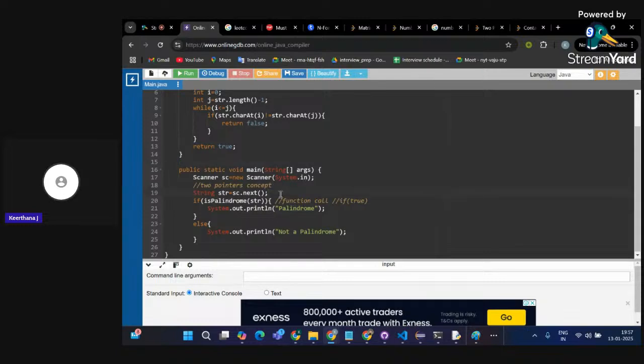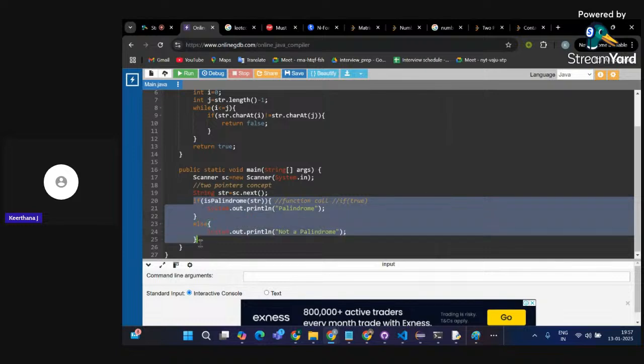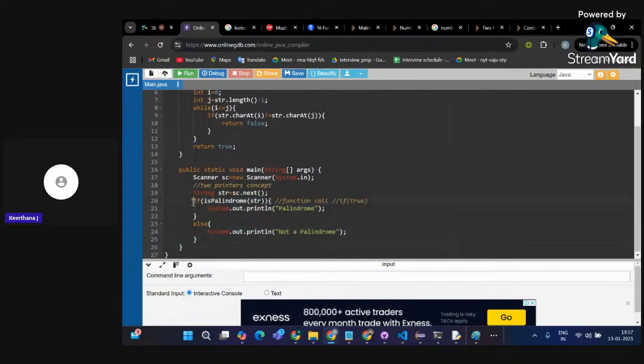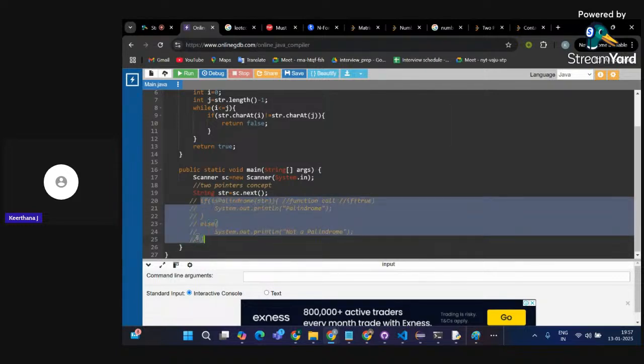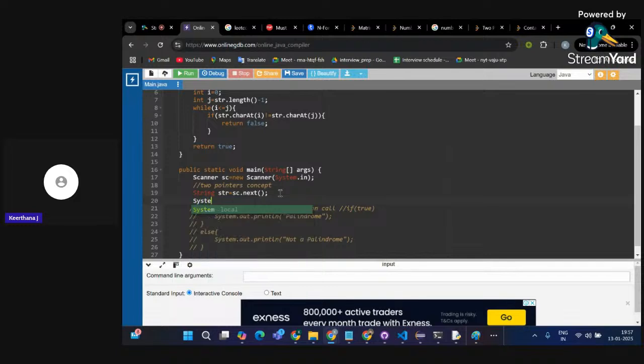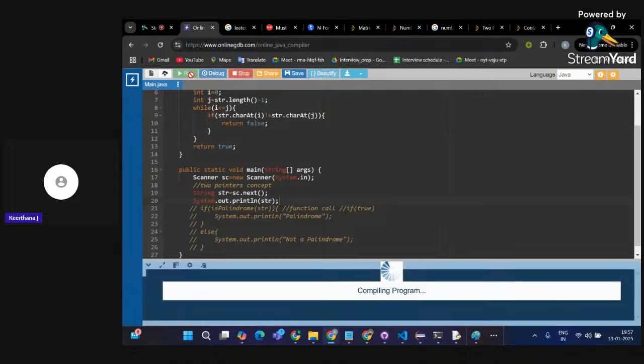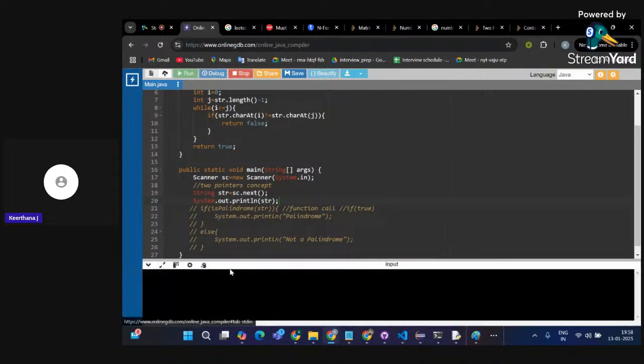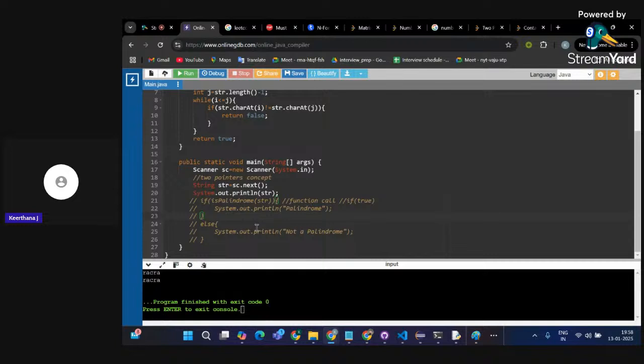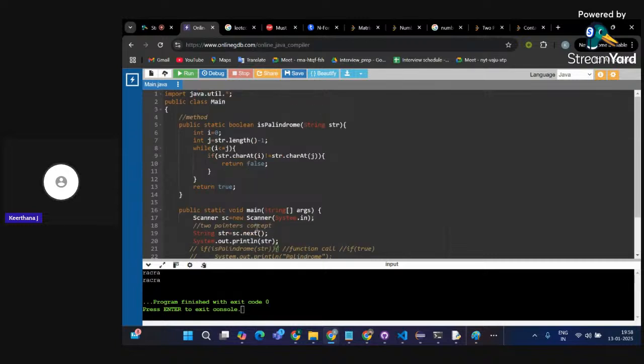Okay, see that next. public static boolean.